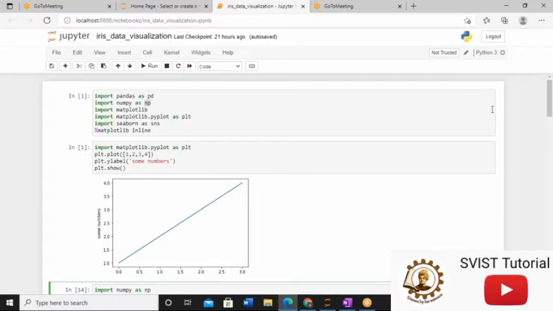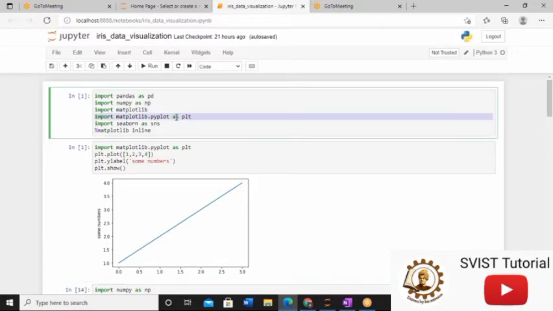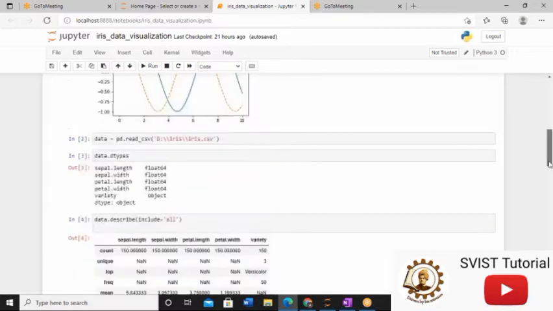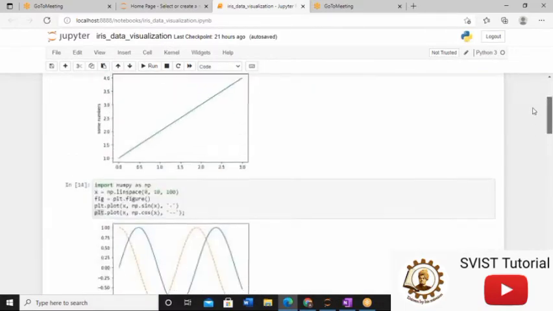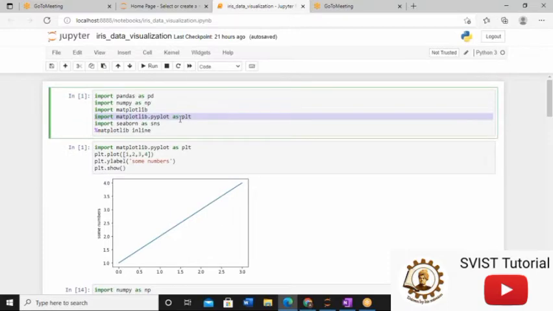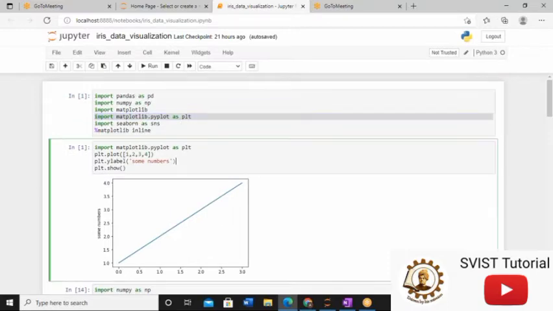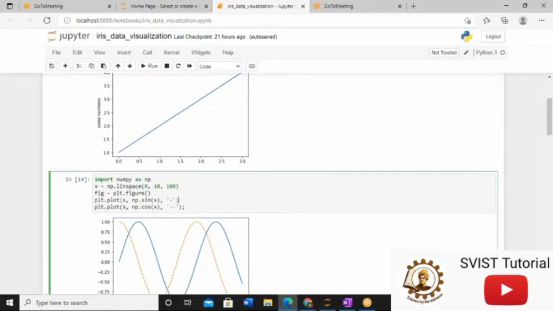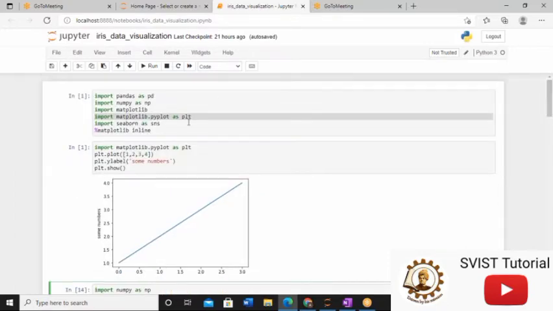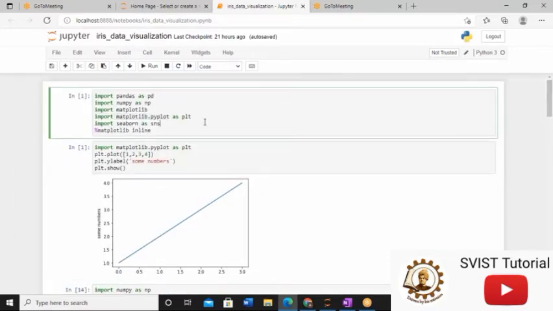The rule of matplotlib pyplot is that it needs to be called only once in the entire session. For a single session, if you call it only once, then you can use it in any section of this notebook. Here I haven't imported it, but I can use the alias of matplotlib pyplot. This is the most important thing that you have to understand.